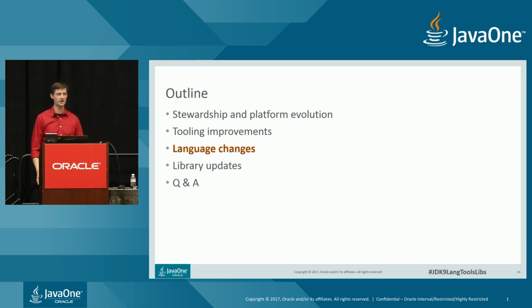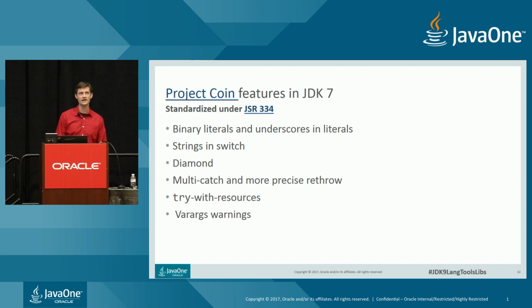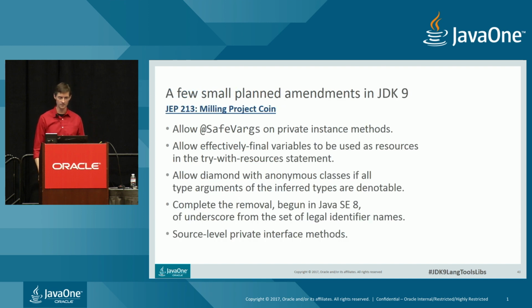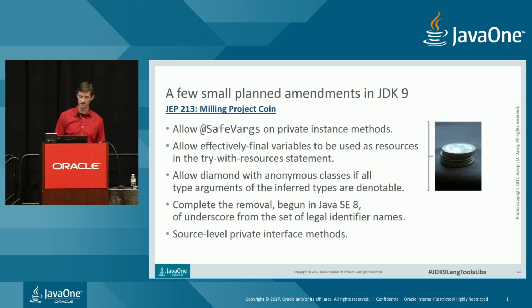Next, we'll start talking about the small language changes that were made in JDK 9. Back in JDK 7, we had a project called Project Coin that added half a dozen small language changes for the platform. And for 3 of those changes, we had some cleanup work we wanted to do, work we couldn't quite finish by the end of JDK 7. So those are the top 3 here. Project Lambda, which was added in JDK 8, also had a few small items to clean up, so we grouped those together and also fixed those in JDK 9.